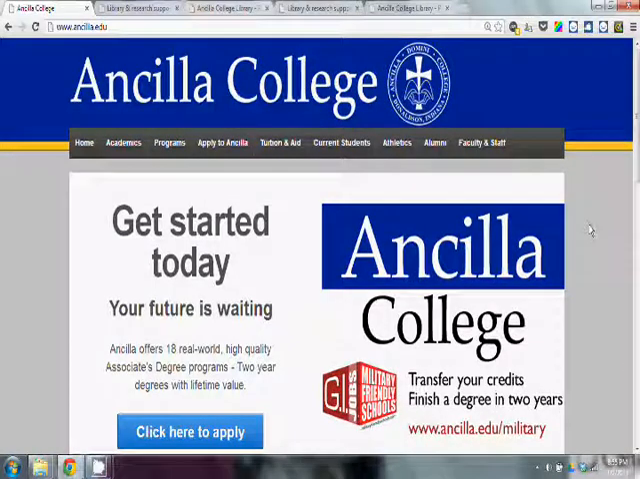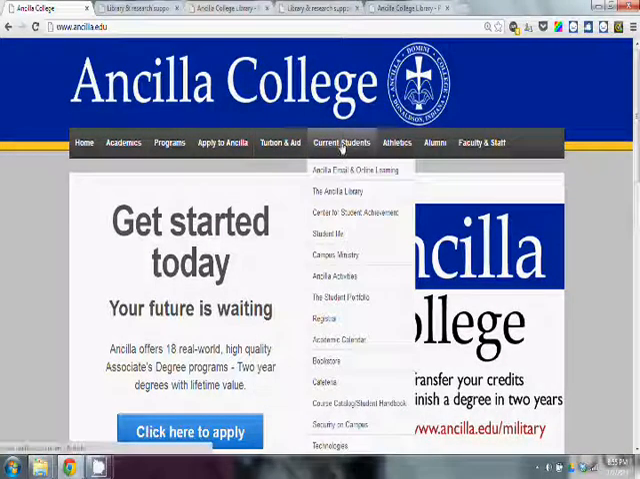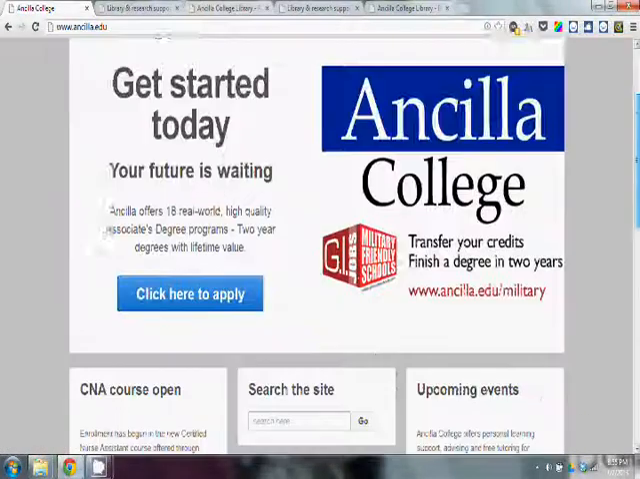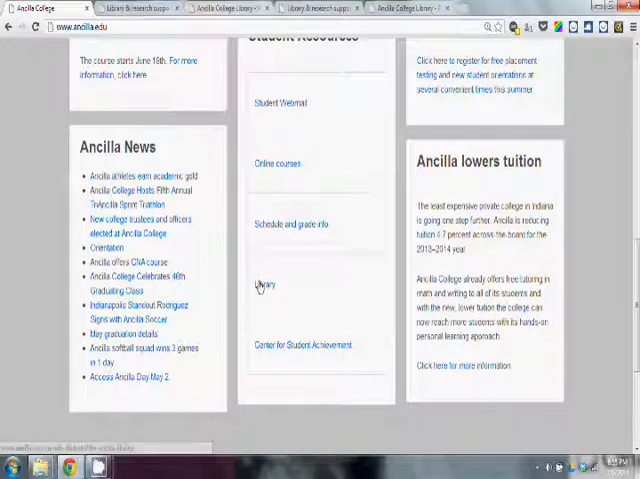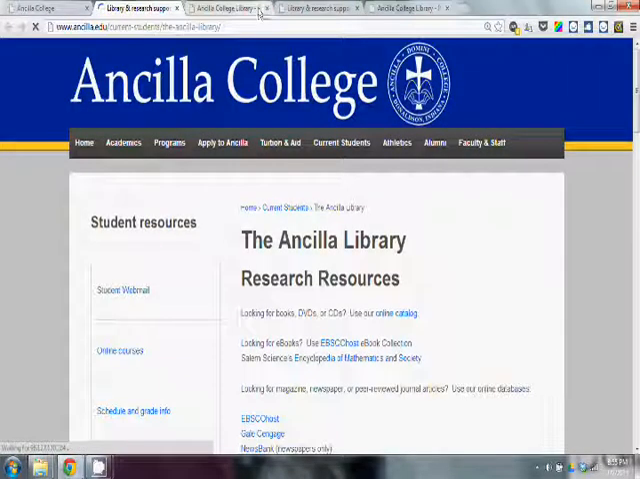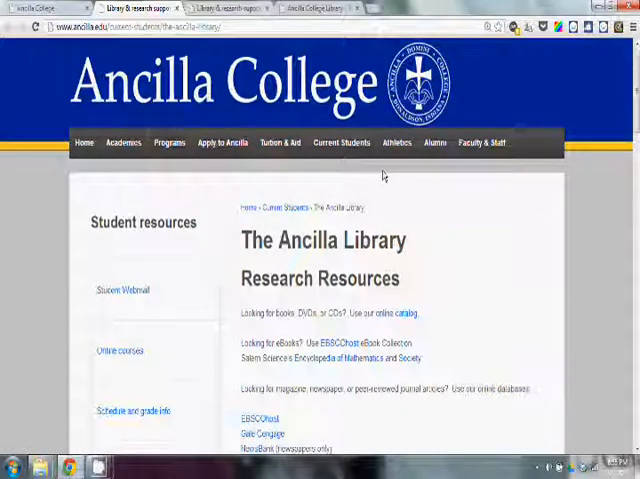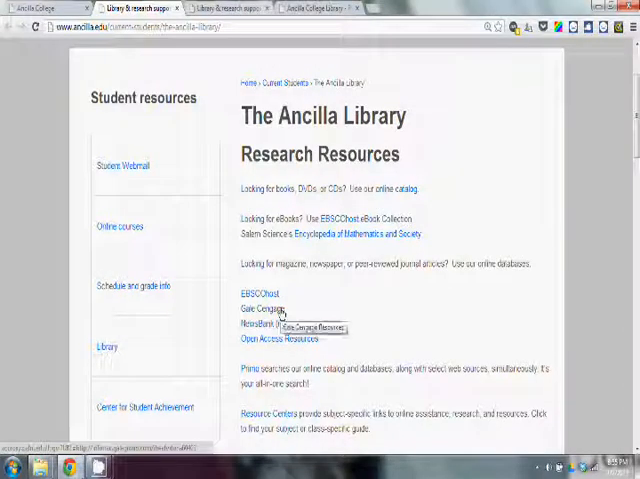To access the Gale Cengage periodical database, first you'll go to your browser, and a couple places you can go, either to current students and to the library, or scroll down and click on library on the front page there. Once you've done that, you'll see the Ancilla Library homepage. You're going to scroll down, click on Gale Cengage,